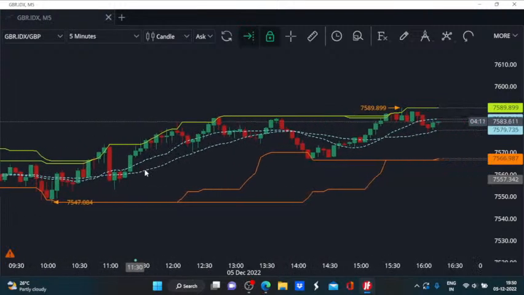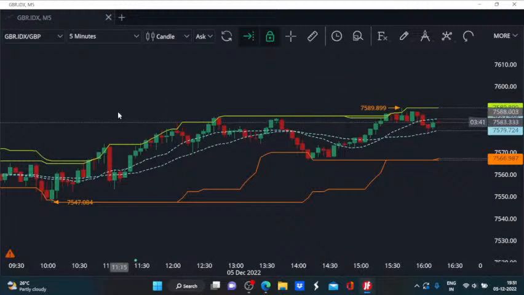Here we have the formation of higher highs, and it is not really far off from the day's high either. So for any buy trade, as and when you get the confirmation after the start of the North American trading session and a couple of hours of consolidation, if you see the US equity indices also starting to gain ground and move higher, then it will be a better idea to go long in the